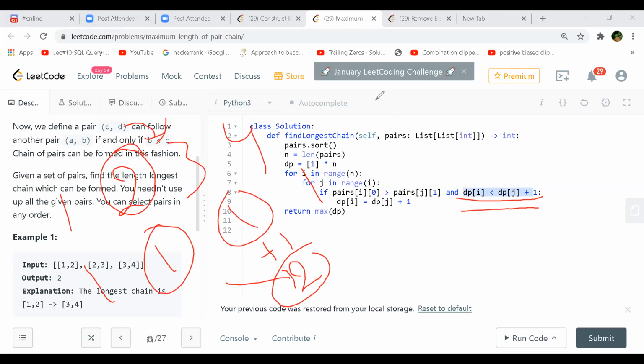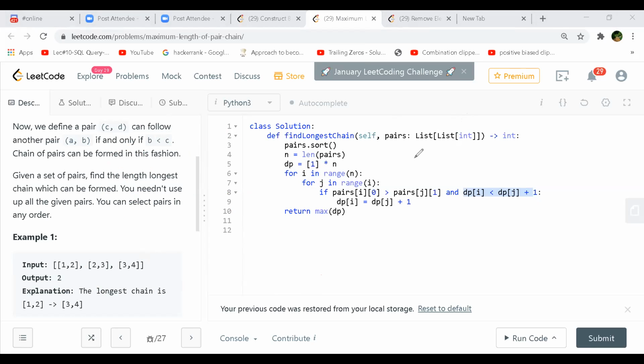Correct. So you're on the upper for loop, which is from 0 to n, and for every i the j will run from 0 to that particular index i, correct? So you'll go through each and every pair in that 0 to i for the j, and whichever are lesser than what you are comparing with, you update the DP values.